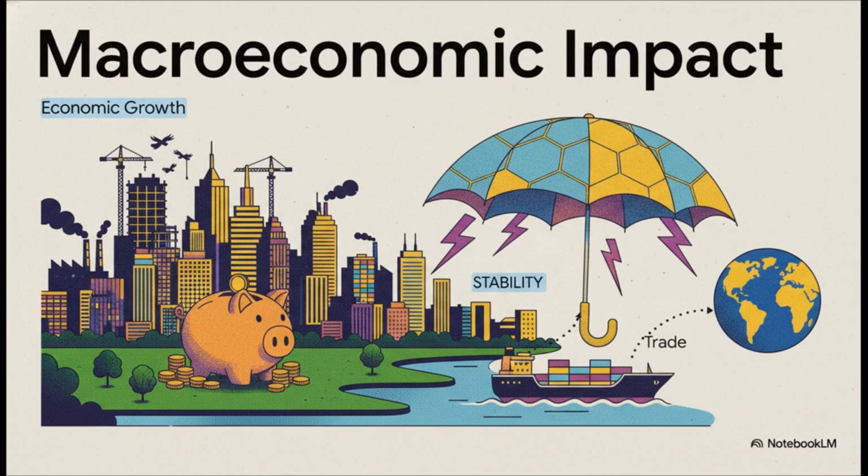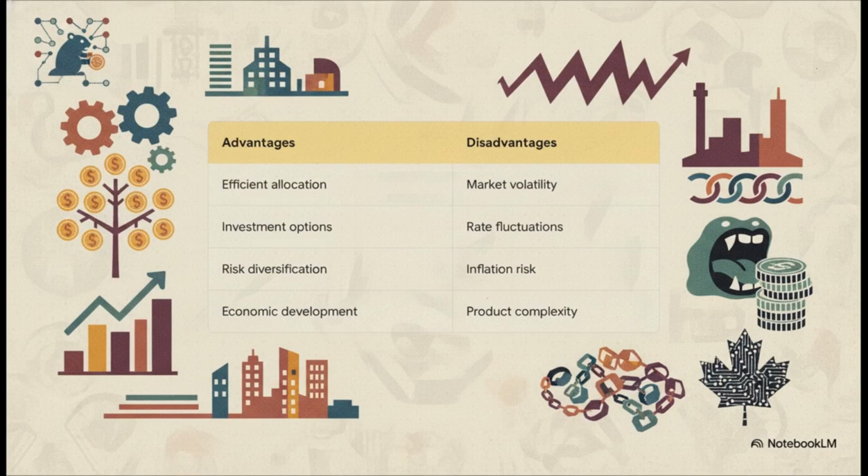It creates personal wealth by offering you the investment opportunities that fund your RRSPs and TFSAs, so you can actually retire one day. Through strict regulation, it shields our economy from global shocks, and it acts as the vital bridge facilitating all our international trade. But let's keep it real and build a realistic assessment of the system. Figure 4 balances the scales for us.